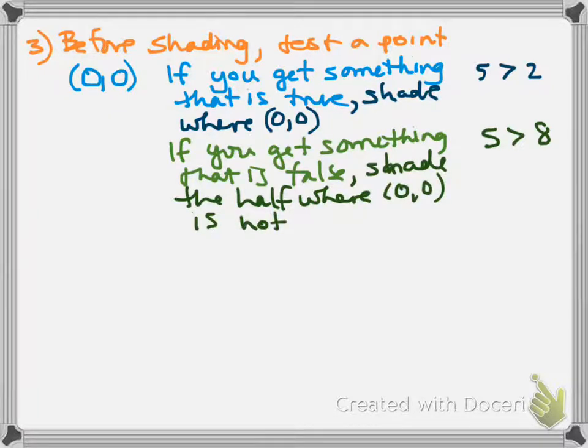So we're going to make 0, 0 be our confirmation. It's easy to calculate with zeros. We tend not to make mistakes with zeros, so that's all well and good. Okay, so then we're going to look for the doubly shaded region. I'll just write that here. The doubly shaded region